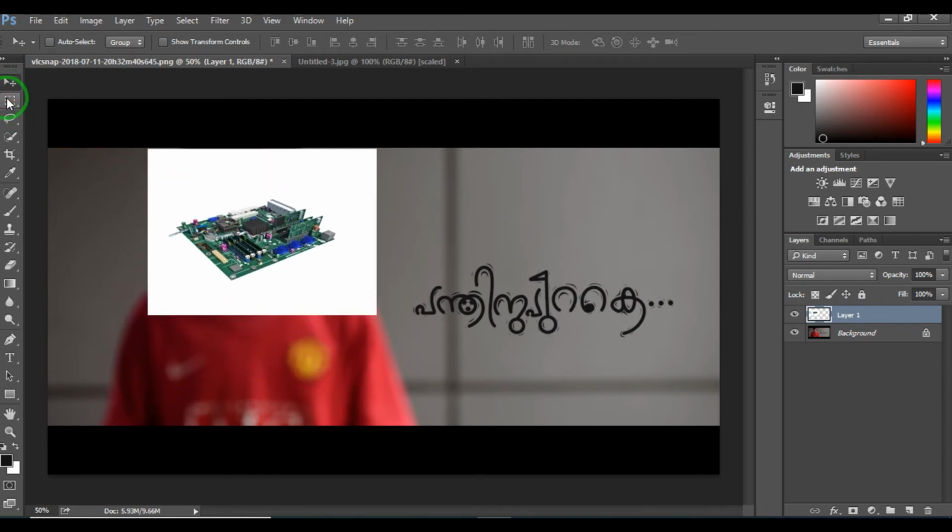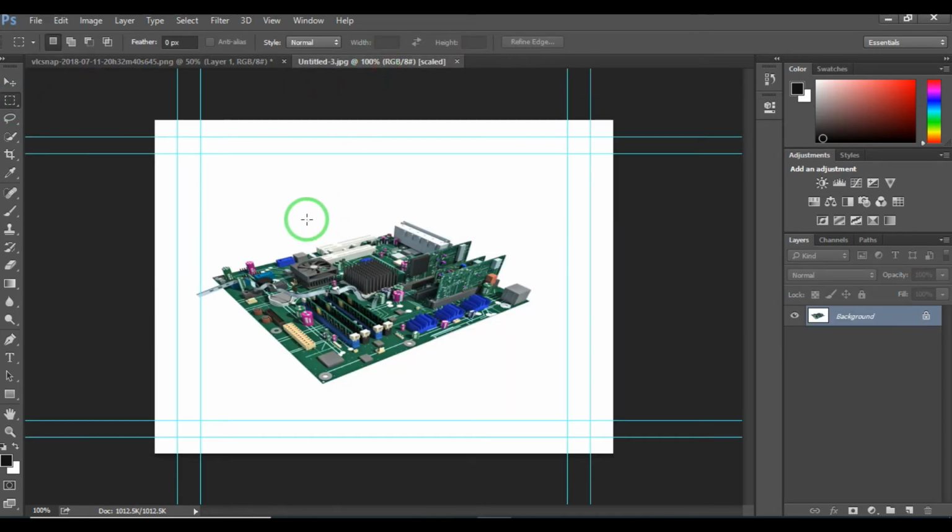So we will go to the second selection tool, that is the marquee tool. I am selecting this marquee tool and going to the image, and I am just making a selection. You can see the selection is displayed here in the form of dotted lines. As the name indicates, it's a rectangle selection.